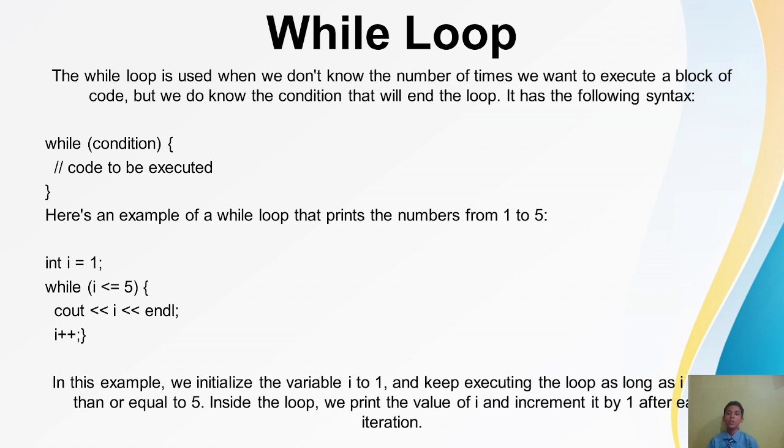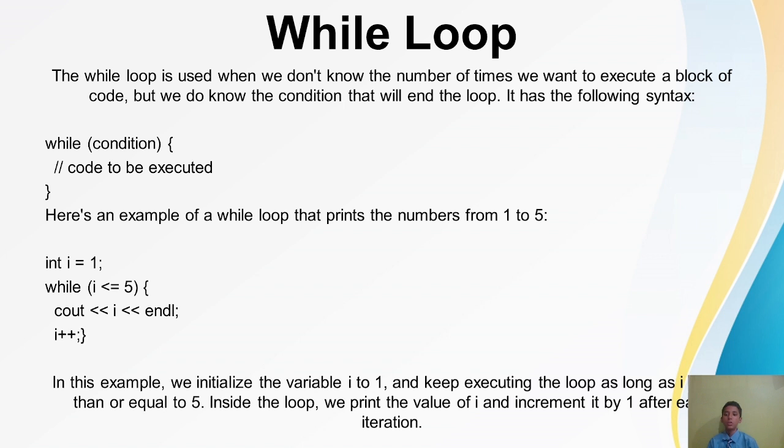while loop. It is used when we don't know the number of times we want to execute a block of code, but we do know the condition that will end the loop. It has the following syntax: while (condition), and inside the curly brackets, same as for loop, we have to write our